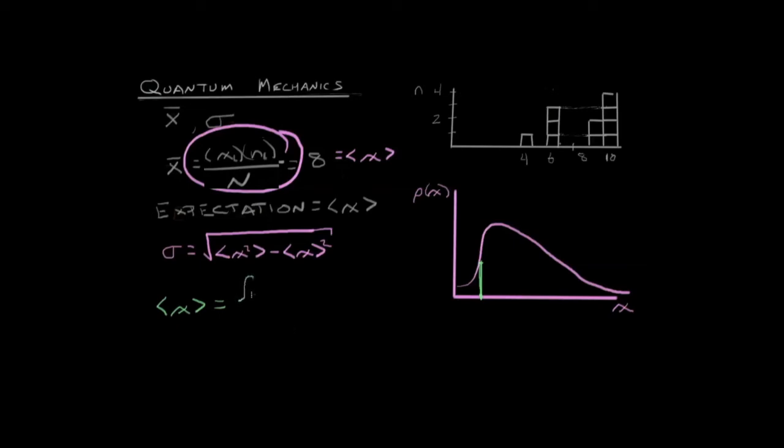So if we wanted to write that, because we're looking at a continuous distribution, it's going to be the integral of x times rho of x dx, divided by the whole area under the curve, which is simply the integral of rho of x dx. This equation tells us the expected value of x, and we can actually think of it, we'll say in orange here, it's probably somewhere around here. You can think of it as a weighted average.